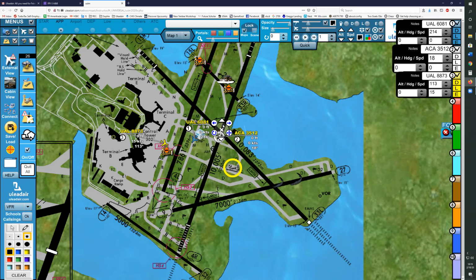Here's Air Canada. United is lined up and waiting. United, Miguel, tell Tower that you're still waiting for Air Canada to clear the runway.